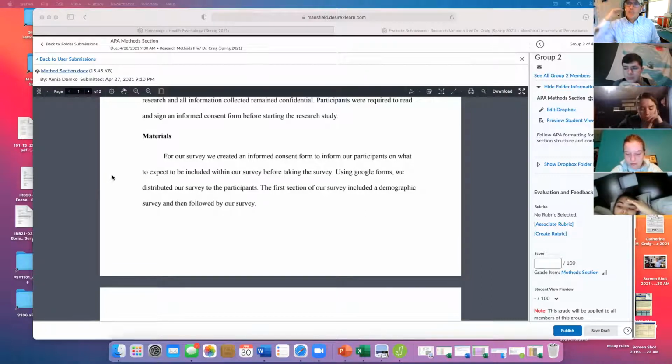Google Forms, survey. I think you used all your own items, right? You didn't come up with anything else? So you would really just have 2 materials in this section. One would be a description of what Google Forms is. You'd write Google Forms with a third level heading, and then write a little about what Google Forms is and what it allows you to do. And then it is your survey. I don't know what the name of your survey is. It's probably something like